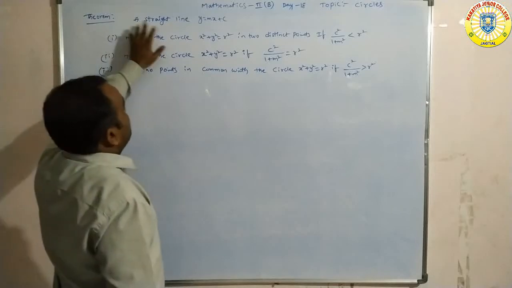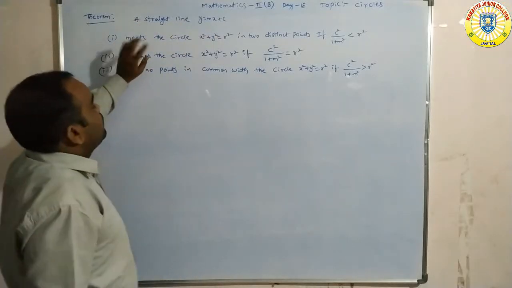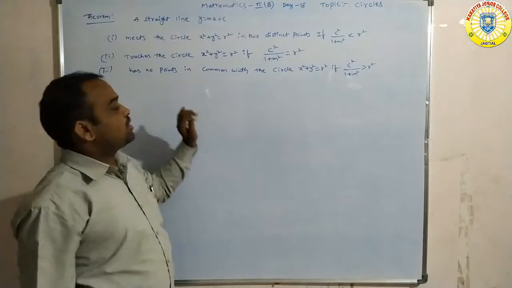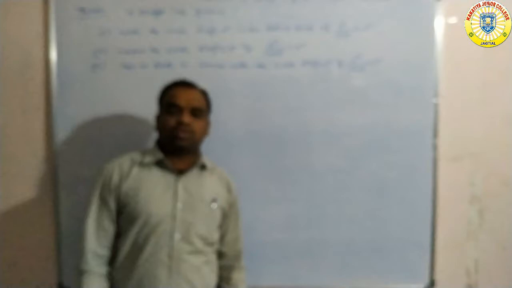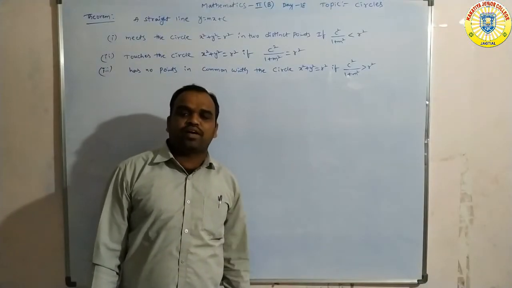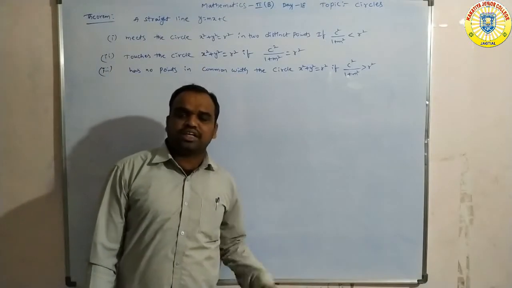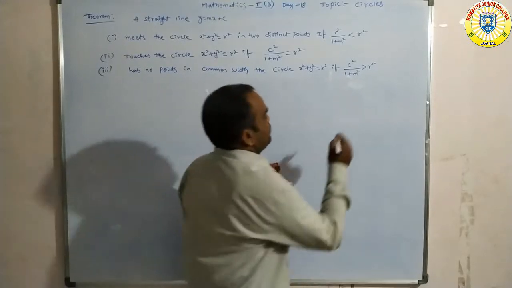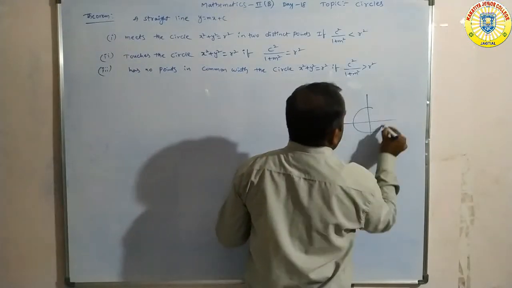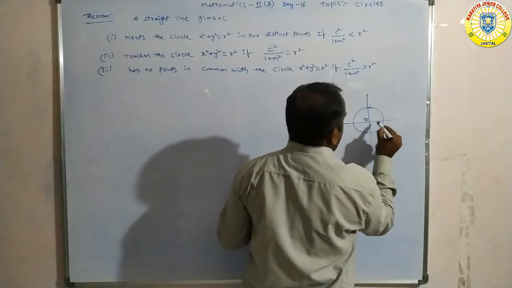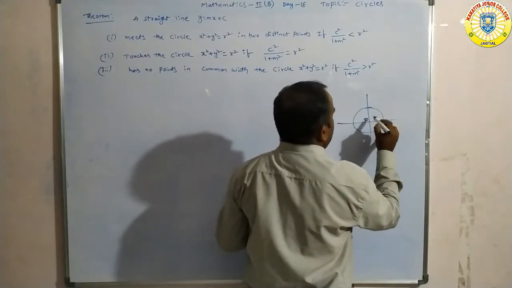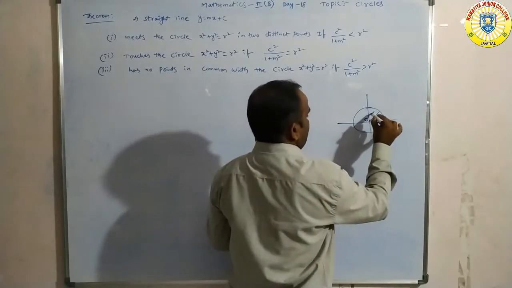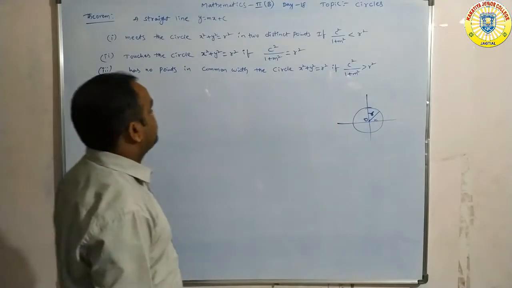A straight line y is equal to mx. So proof is no need, just the statement is important. A straight line, which one is it, sir? y equals mx plus c meets the circle x square plus y square equals r square. x square plus y square equals r square is nothing but, which is it, sir? The standard form of the circle. What is the standard form of the circle? Center is (0, 0) and radius r. Origin is the center and small r is the radius. Okay?